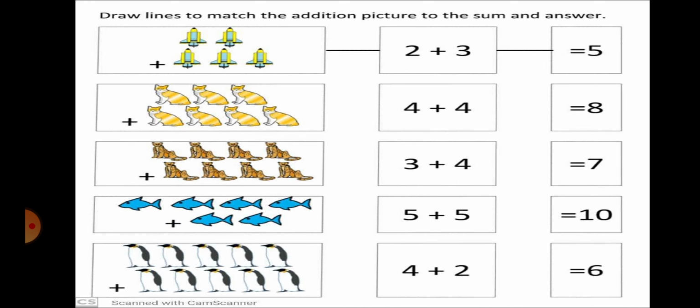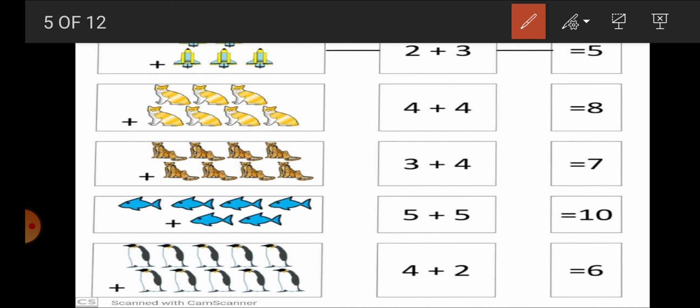Okay, so let's start our practice. 1, 2 and 3. 3 plus 1, 2, 3 and 4. So our sum is 3 plus 4. Okay, look at the another column, my dear, where you have seen 3 plus 4? Yes, it is here. 3 plus 4. What will be the answer of that? 1, 2, 3, 4, 5, 6 and 7.